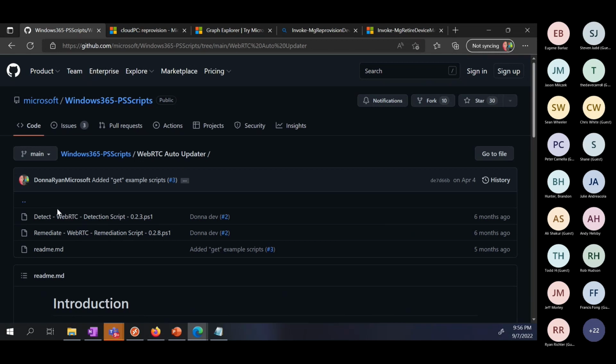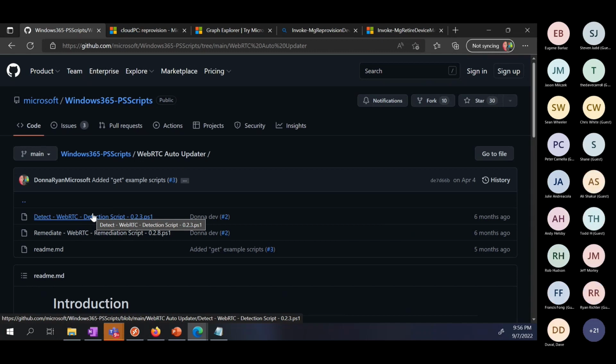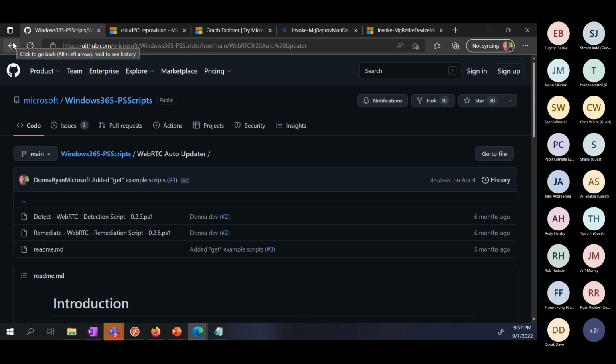So I wrote this proactive remediation package to detect which version it is and what the latest version is, and then compliant or not. And then the remediation script, I actually wrote a whole process to determine if the user's logged on, and if the user is logged on, are they active or inactive? And if they were either not logged in or were inactive, then I could go ahead and rip out the old WebRTC and reinstall the new one. And that actually solved a lot of issues we had with clients or customers on Teams.